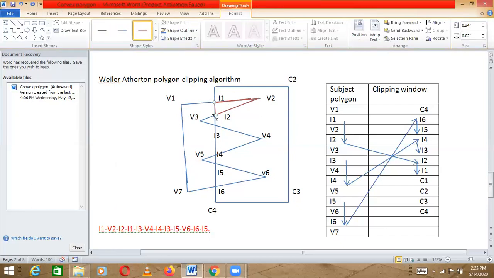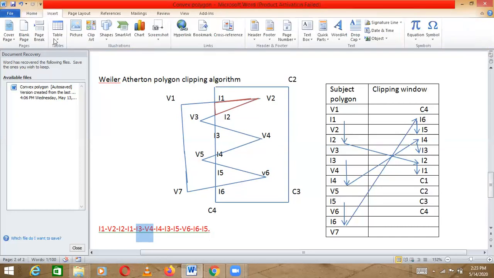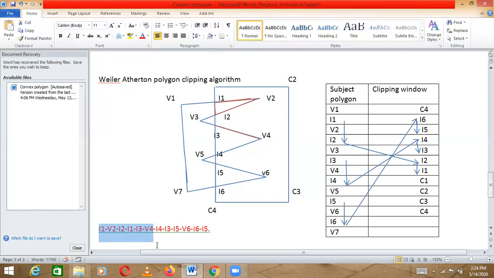So this is a point which is accepted by us. Okay, now the next point is I3 to V4. Here is I3, and from here we have to go to V4. I3 to V4. Okay, so these points are covered already.